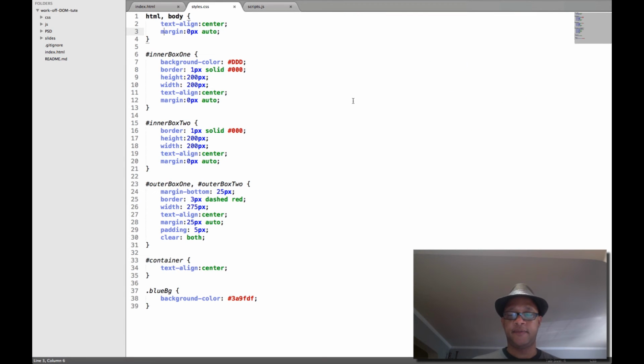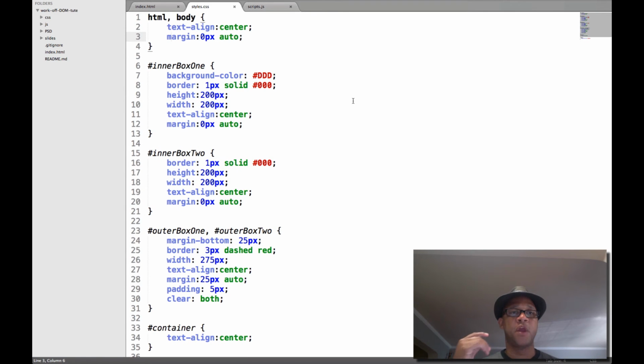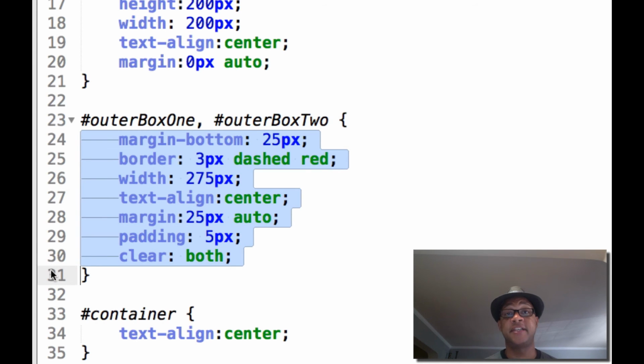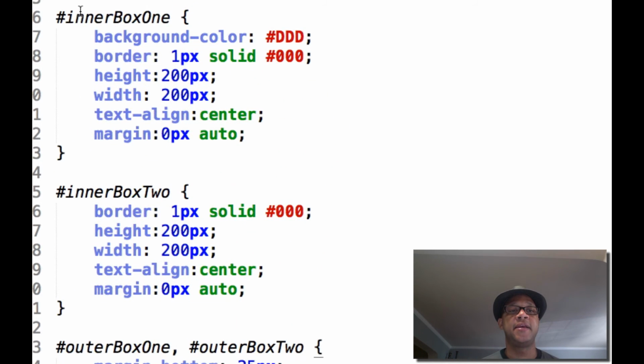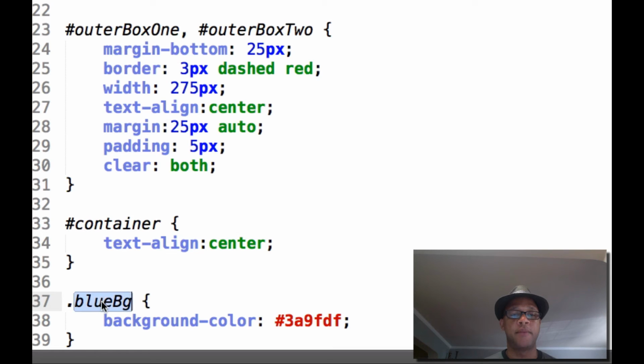Inside of this CSS file, we have 4 IDs and 1 class that I want to point out. The first ID is OuterBox1, the second one is OuterBox2. As you can see, OuterBox1 and OuterBox2 share the same CSS properties. The third ID is InnerBox1, the fourth ID is InnerBox2, and there is a class here at the bottom called